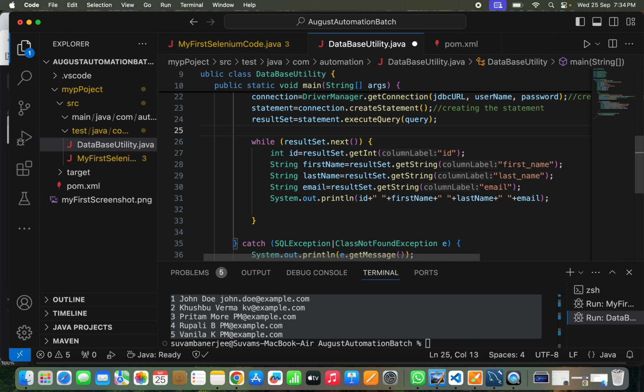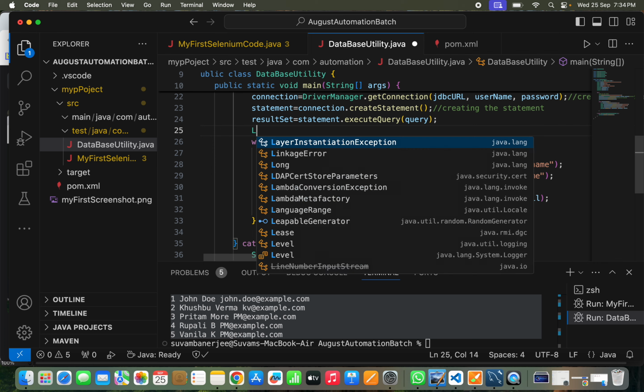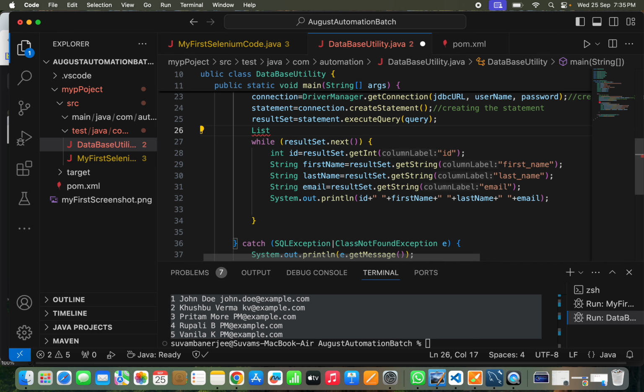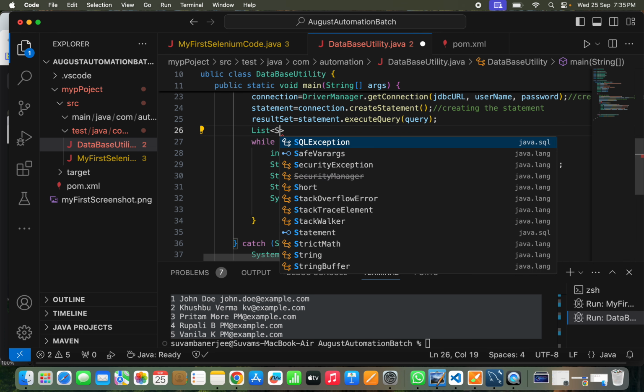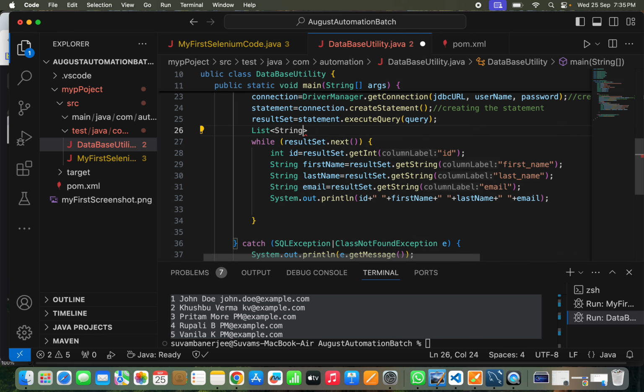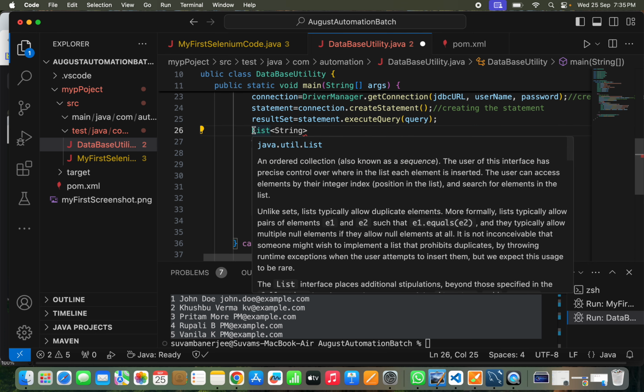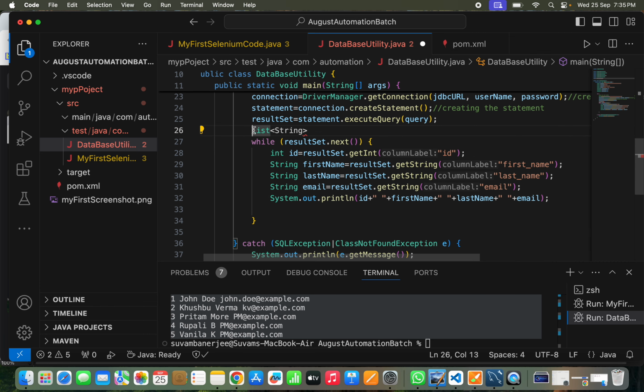List will be a linear thing, right? So suppose this is list of string. This is linear. So to get the two-dimensional thing, we can have list of list, like this. So let's create this list of list